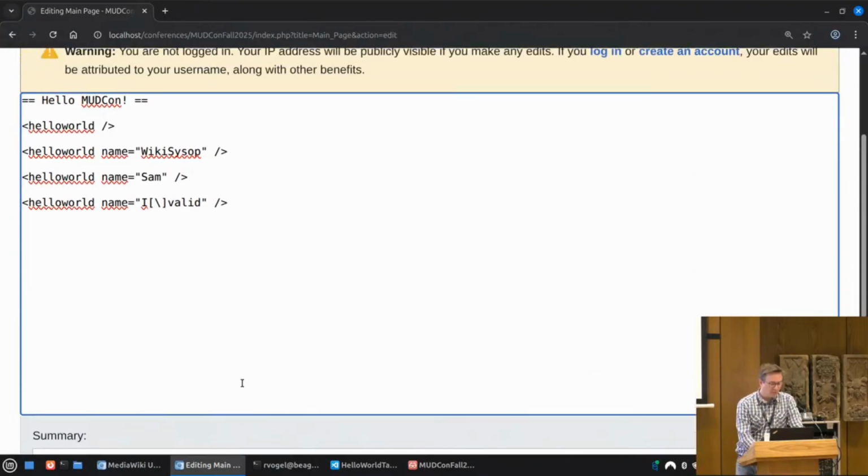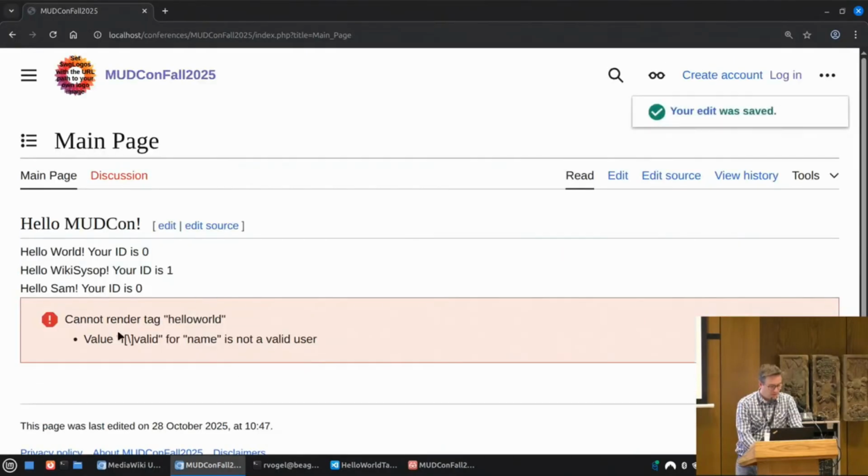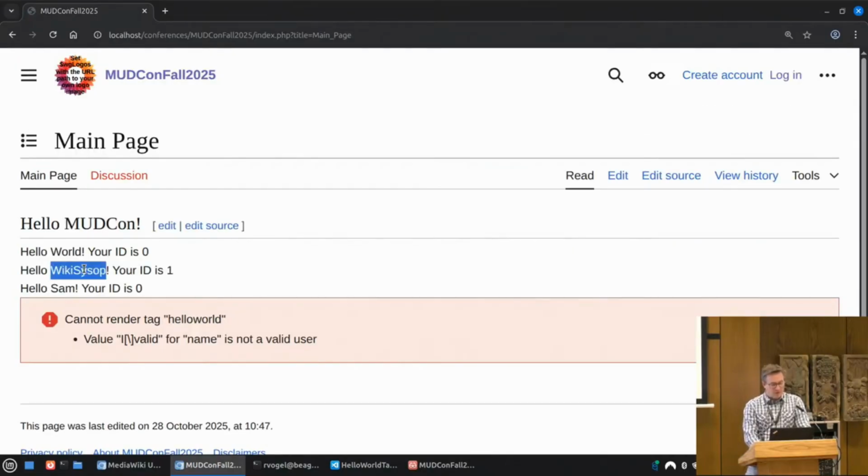MediaWiki usernames may not have brackets because they are special syntax in wiki text. So if I now save this, I get a number of errors. For the wiki sysop, it has detected the proper user. It gave me a proper reference, so I can read out the ID. Sam, it doesn't complain about Sam. The user Sam doesn't exist, but that's okay for MediaWiki. It just has an ID of 0. But as you can see, it says invalid is not a valid username,